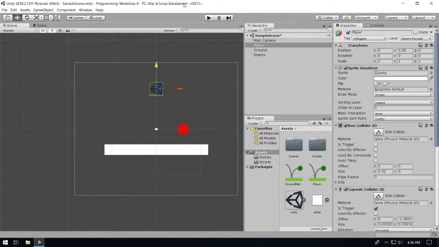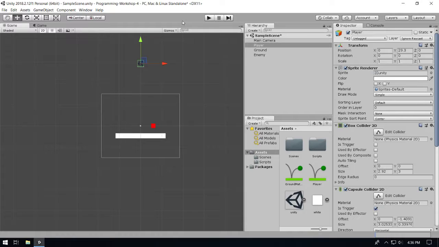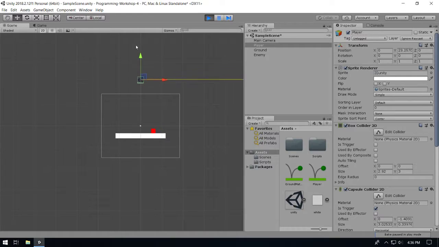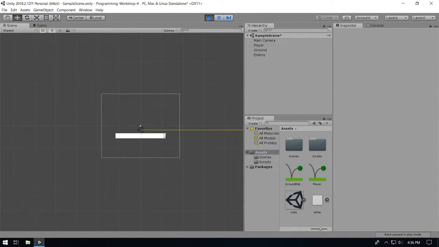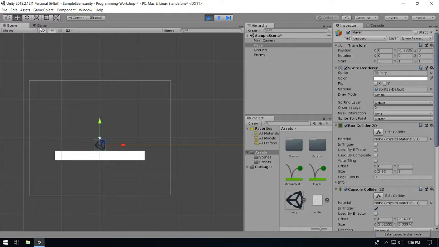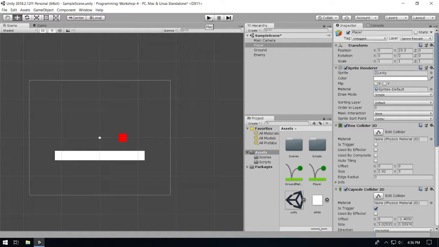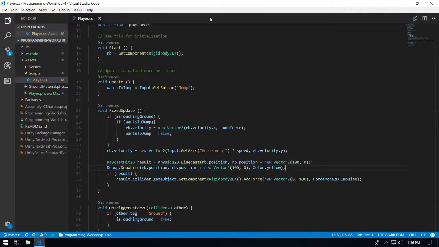So now I'm going to put this up a little bit more so we can see it. Now if we play, go into the editor view, we can see there's a line coming out from the player. And this line represents our ray. So this ray is going from the player's position to 100 units to the right. However, if we go into the game view, it's not appearing in the game view. And that is by design because our debug functions only really affect